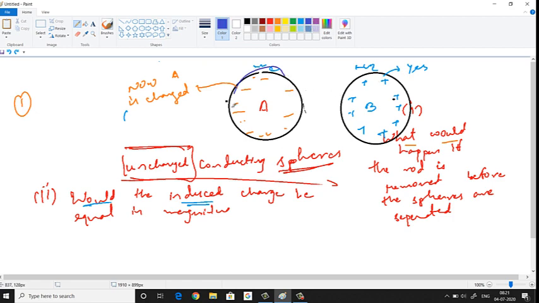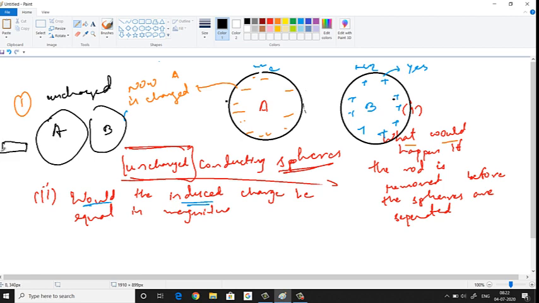Why? Because from where did we get these electrons? Initially, I'm drawing a rough diagram: A and B were both uncharged. When we brought a glass rod, say 6 negative charges came here. Then how many positive charges will go there? 6. Because of these 6 negative charges, here you got 6 positive charges. Now when you remove the rod, how many negative charges do you have? Minus 6. How many positive charges? 6. These are just the numbers.